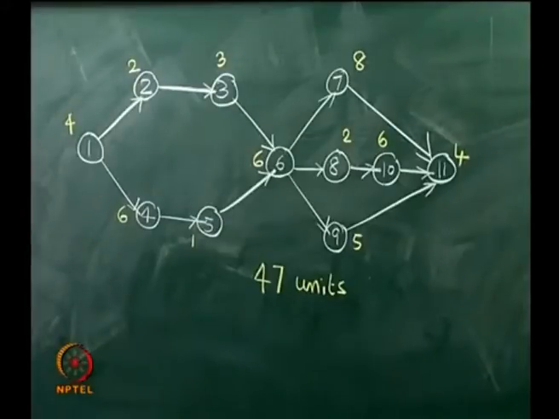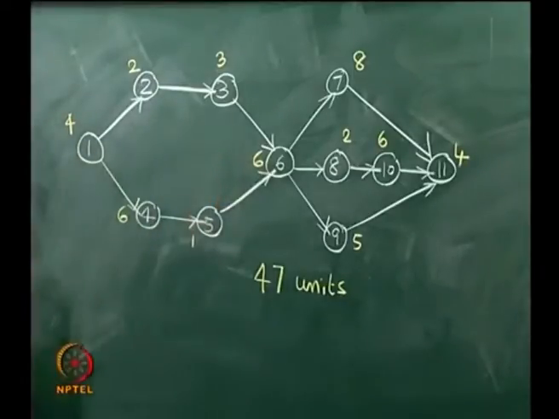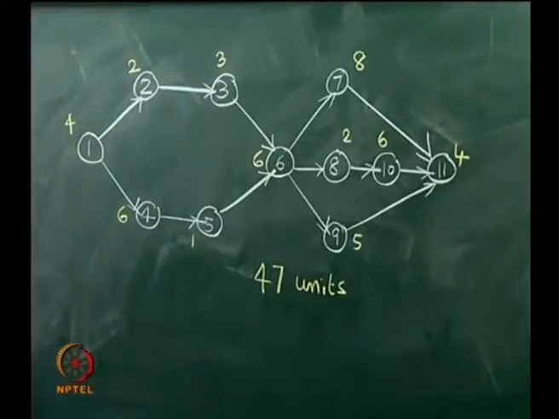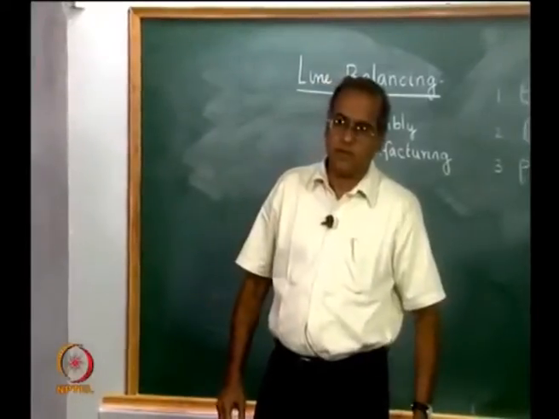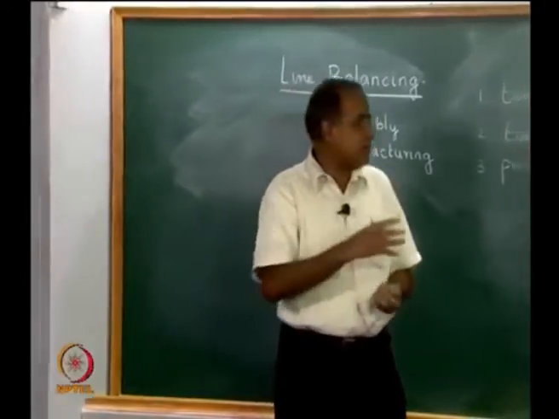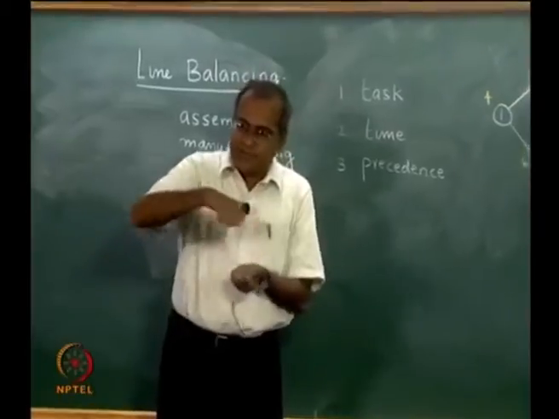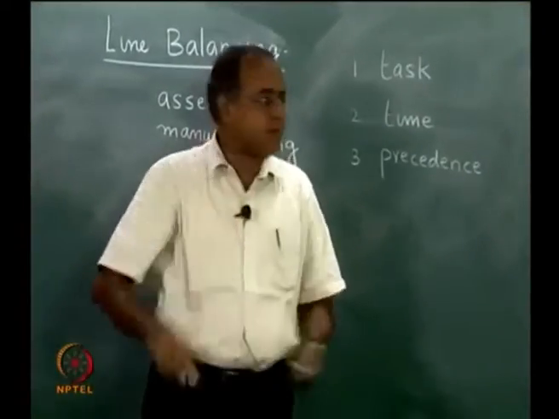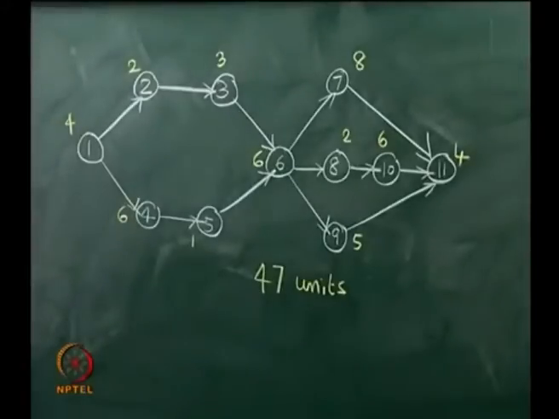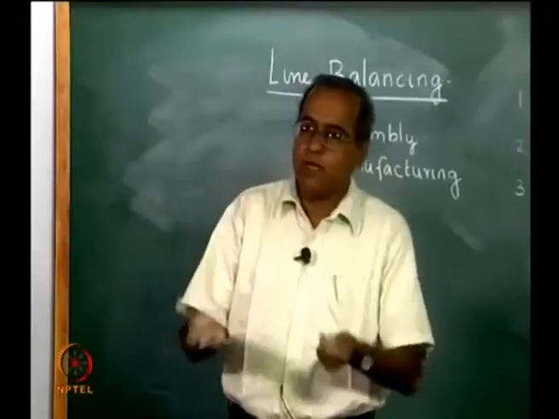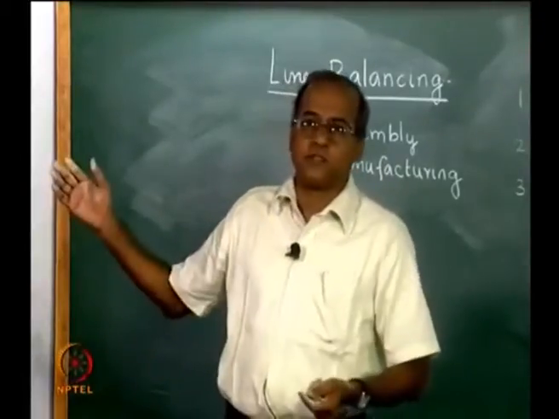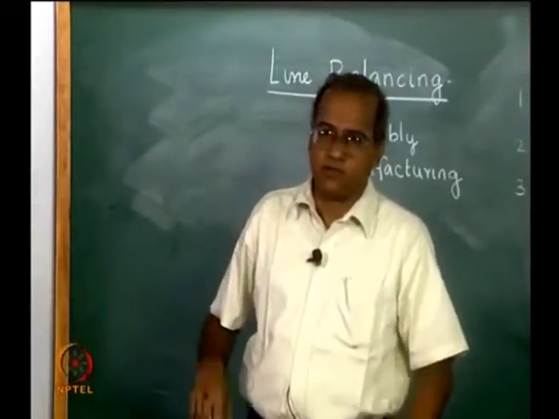But that would involve, for example, if activity number 6 is a testing activity, creating 2 test benches with the same testing equipment. So, if we are going to have a situation where we have several operators sitting and each one of them doing the entire thing, then the output can be 47 divided by the number of operators. But many times such a thing would not be feasible, because that would mean duplicating a lot of resources that are required for each one of them.